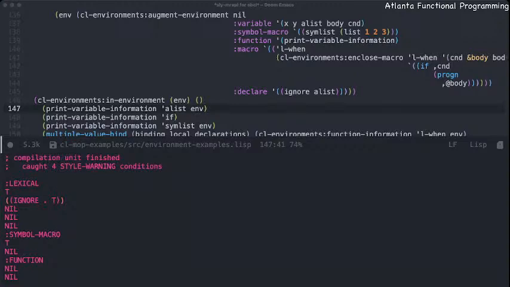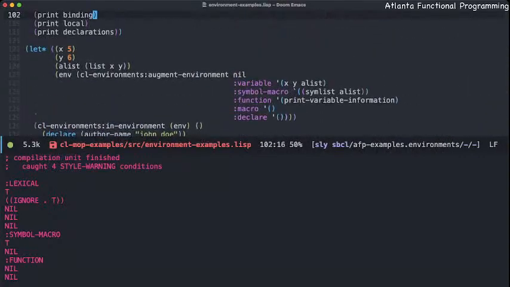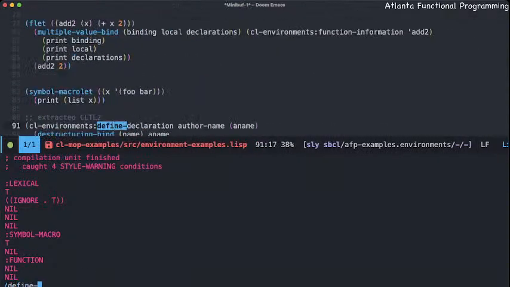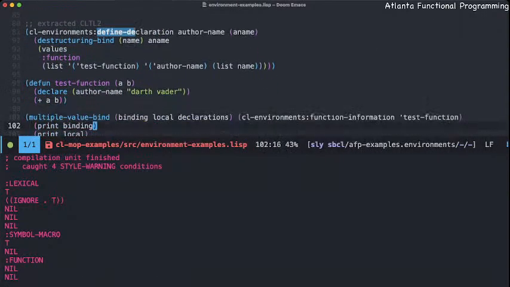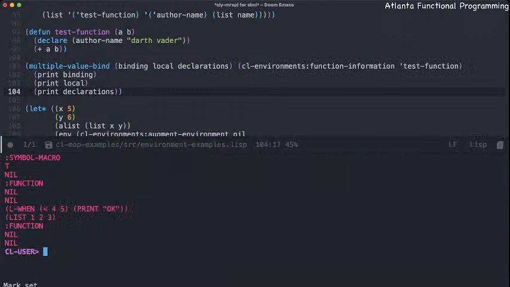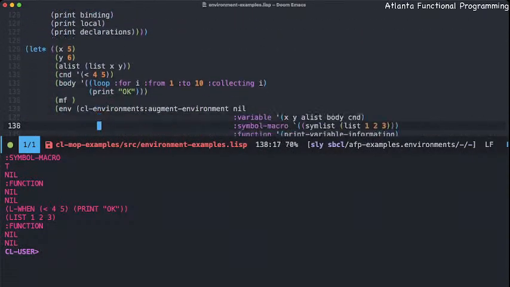in environment form. Another example of this is also the stuff that we did with our author example, which I think is somewhere here. I have our define declaration here. Yes, right here, if we use author, when we do this, we could see that test function doesn't have it. But if we provide, say,